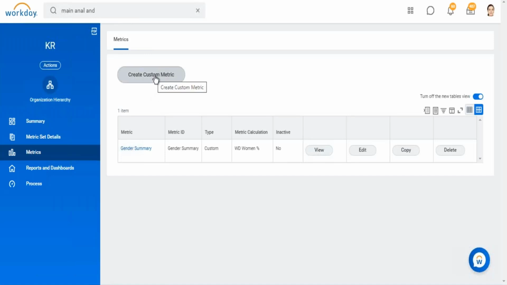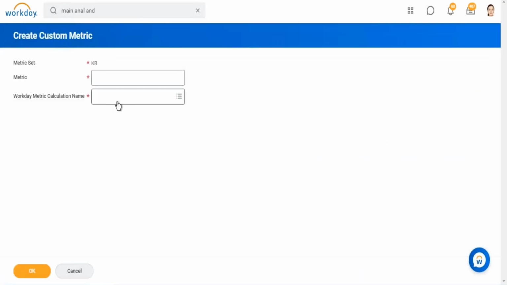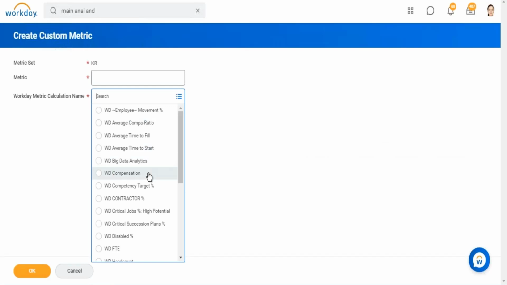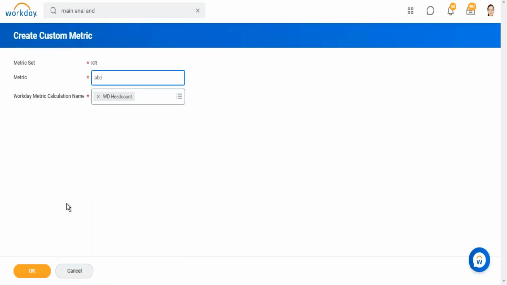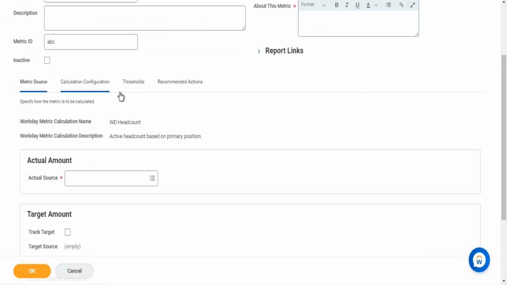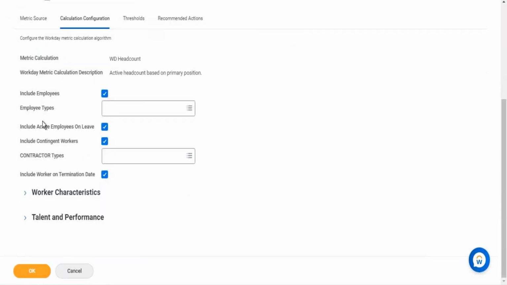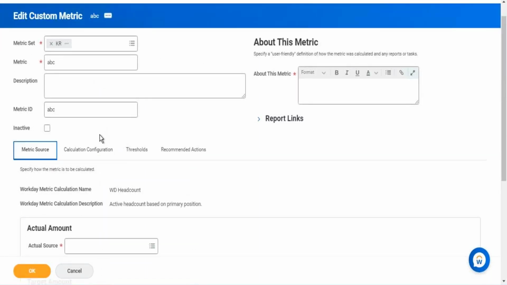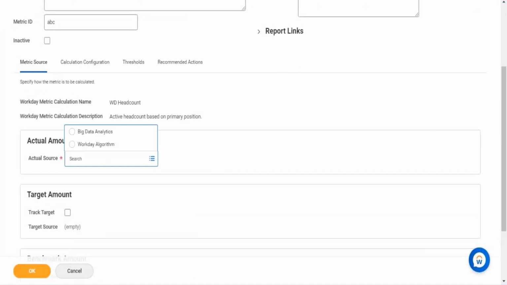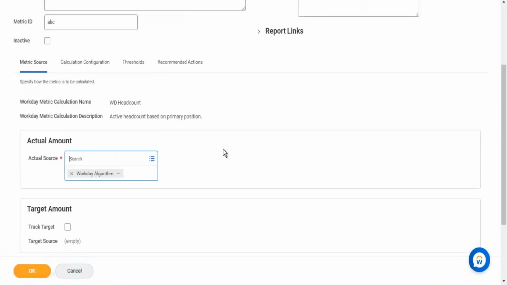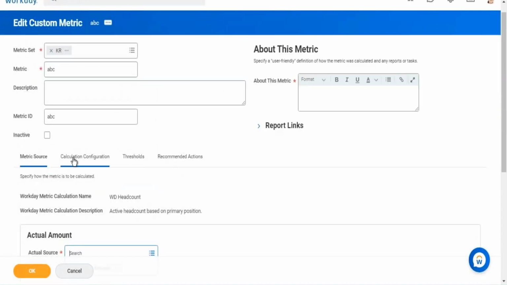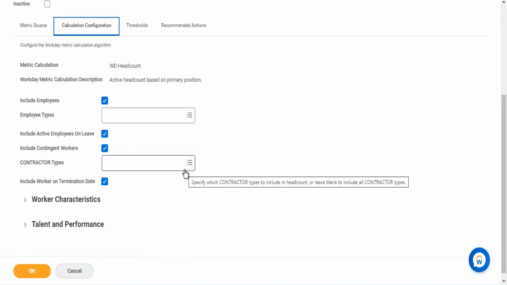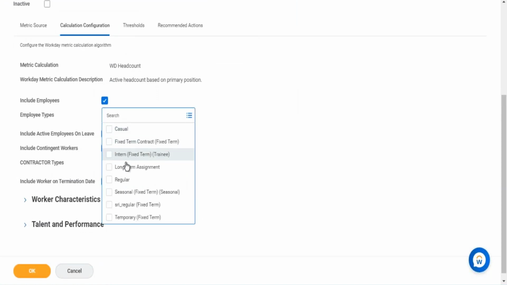Okay, I want to create a new custom metric. I am taking Workday headcount, ABC, and here I can define a Workday algorithm, or it should actually allow me to create